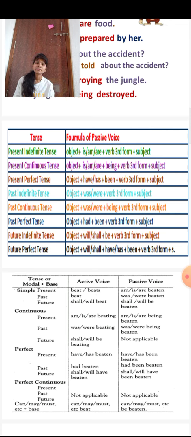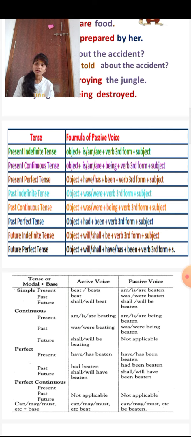They are eating bananas. It is an active voice. When we convert the sentence into passive voice: the bananas are being eaten by them. And next, Bob is drawing a diagram. A diagram is being drawn by Bob. Next, Soumya is playing the piano. A piano is being played by Soumya.